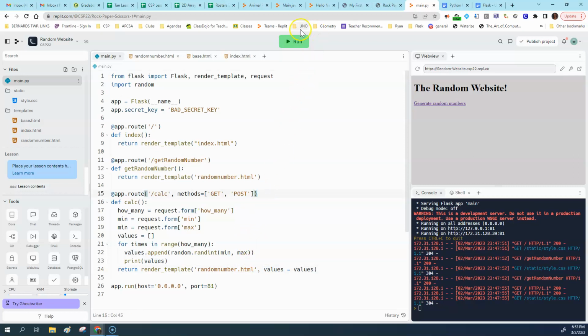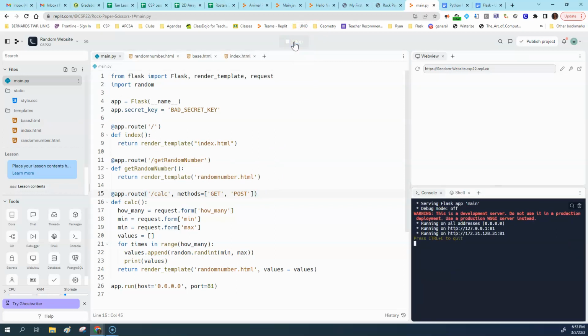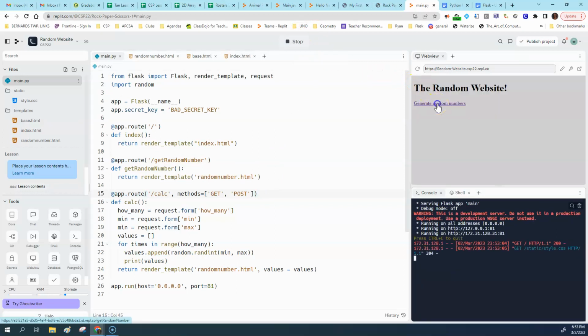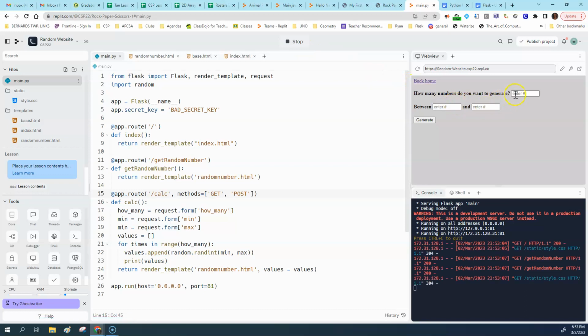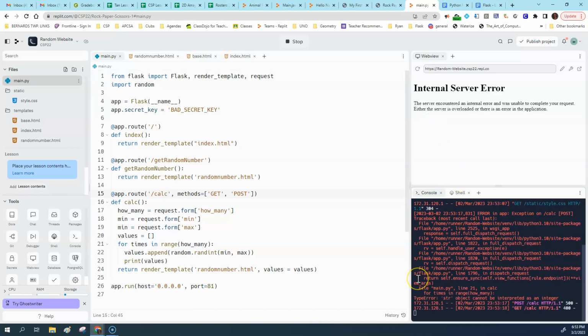Now, I'm not doing anything with it yet. Let's just see if it prints correctly. And so if I enter a number like 100, and then I want to generate numbers between 1 and 10, and I click generate. For times in range, how many? str cannot be converted